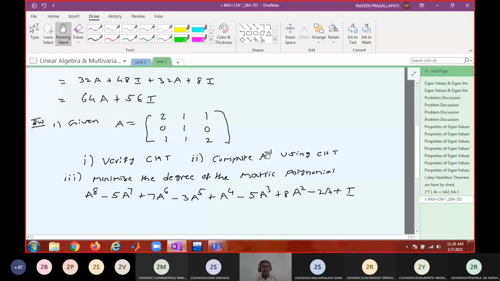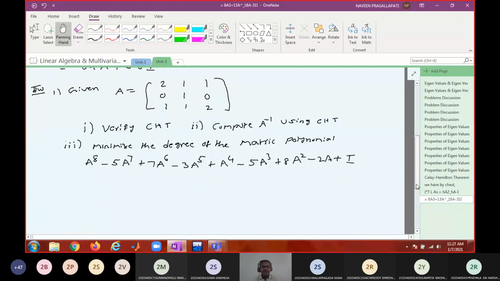This is 8th degree. An 8th degree polynomial can be reduced to 2nd degree, because you will get a cubic equation. A cubic equation can be expressed in terms of a quadratic, that means you can get an expression for A cube in terms of A square. So don't worry about this long expression. Some of the terms can be 0 if you take some A power 5 or A power 4 common. You just observe the characteristic equation and some terms of this matrix polynomial. So if you wisely take some terms common, many terms get cancelled or become 0.